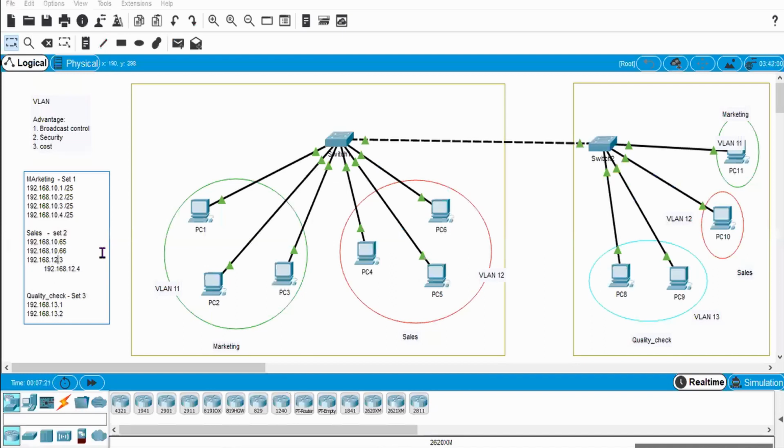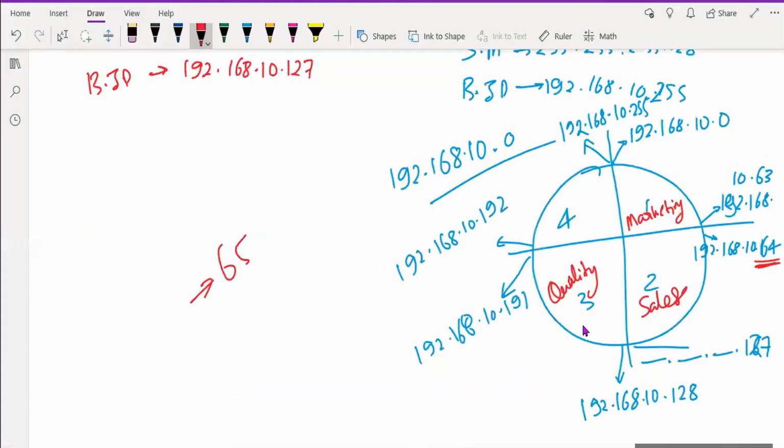This will become dot 10 dot 67. Okay, and one more PC is there, which will become 192.168.10.68.